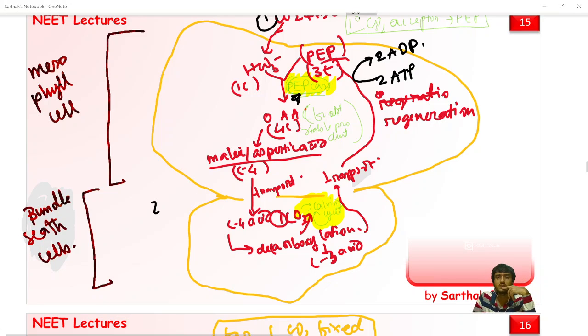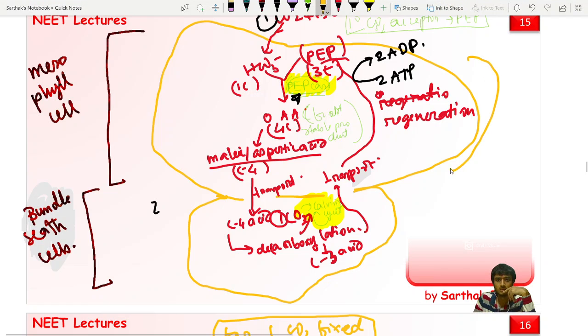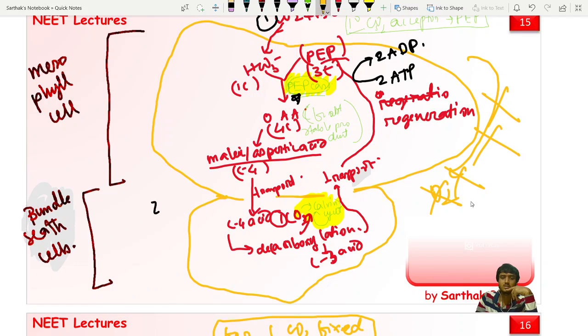So there is no O2 from the outside, and the relative concentration of O2 is null in the bundle sheath cell. Because of the null O2 concentration here, look, this CO2 is decarboxylated in the bundle sheath cell. The relative concentration of CO2 is very high in this bundle sheath cell. So because of this high relative concentration,